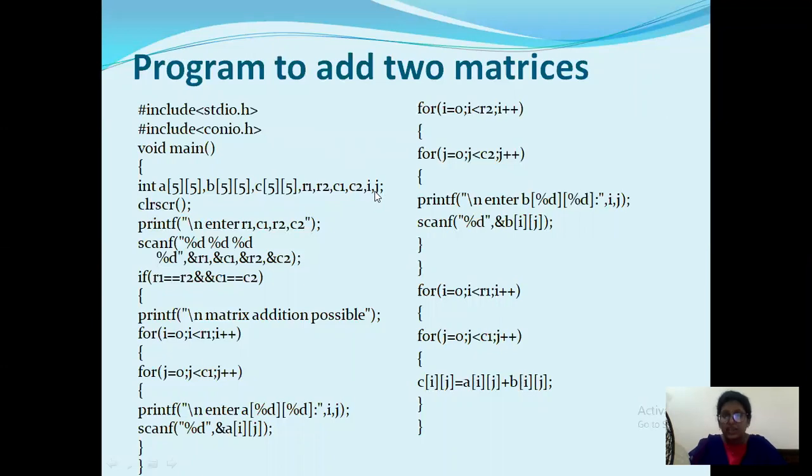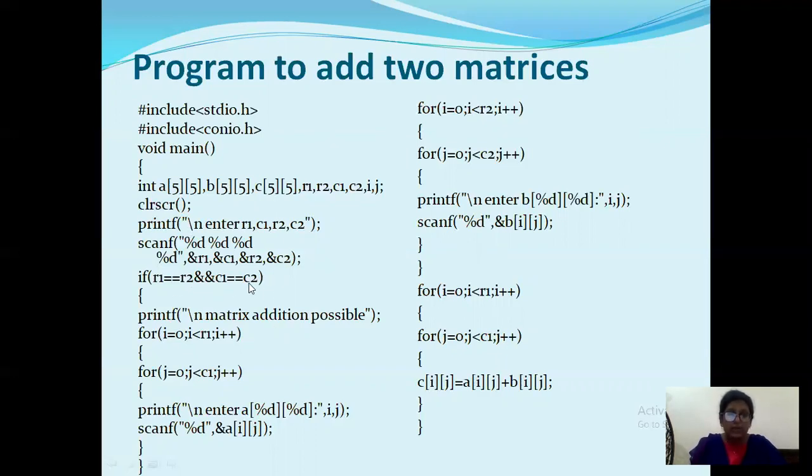I and J is for your what? The variables which are used in the program. So first of all, you need to know the order of your matrix for doing your addition. That is number of rows and columns that are there for your matrices. Okay, so A and B are the what? The matrices. C is nothing but the resultant matrix. Okay, A and B matrices are the input matrices. C is nothing but you need to store the result in another matrix called the resultant matrices.